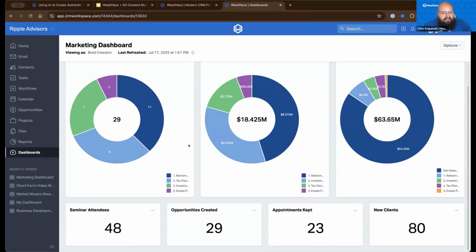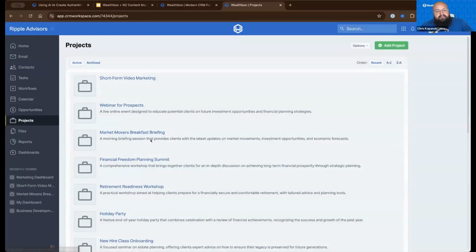Now, shifting a little bit into some of the other capabilities with organizing. While I'm sharing my screen, I figured I'd talk a little bit about that. Within the project's capability in Wealthbox, this is a really, really good example of tracking everything in one place. And I think that's really the most important part of organizing, is tracking it all in one place and having it be standardized and repeatable.